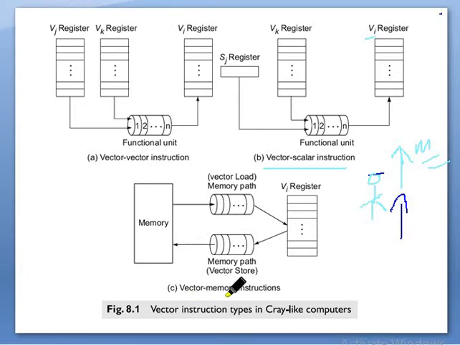Okay, next, vector with a memory instruction. That means what? Take data from memory, perform some operation. So it is called vector load. So where will it get copied? See, simple. Register load means what? Take data from memory, load it onto a register, a data register. Now it is a vector. Okay, what do you mean by vector store? Store from register towards memory. That is called vector store.